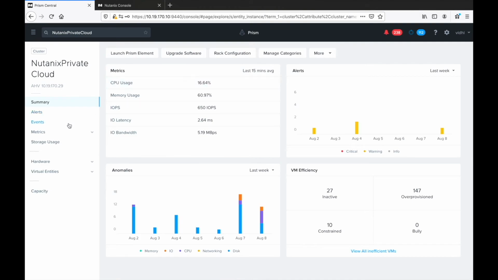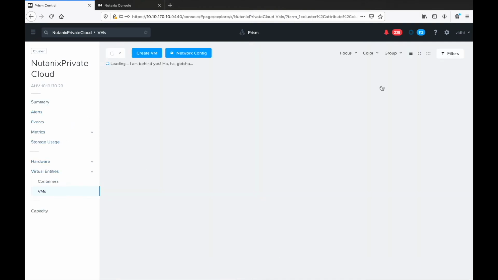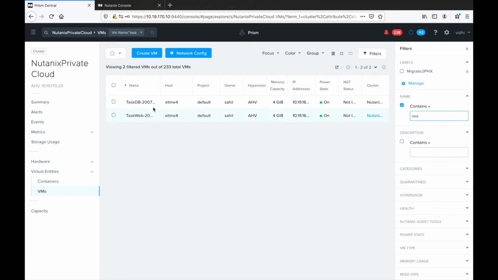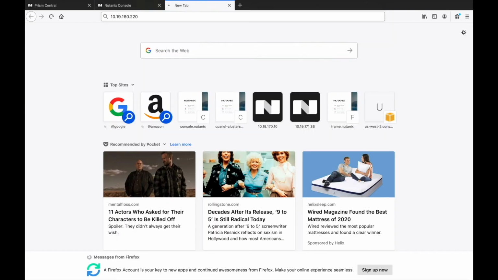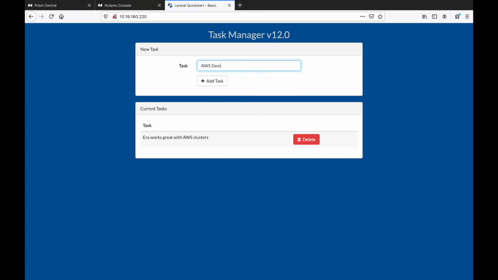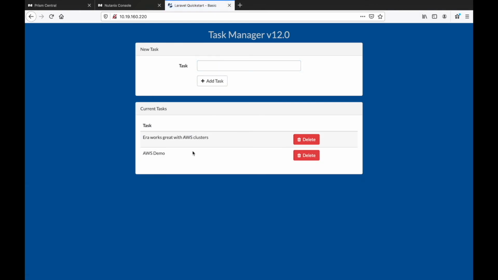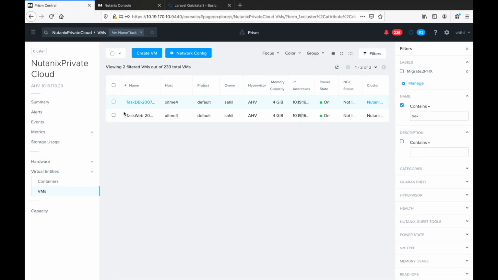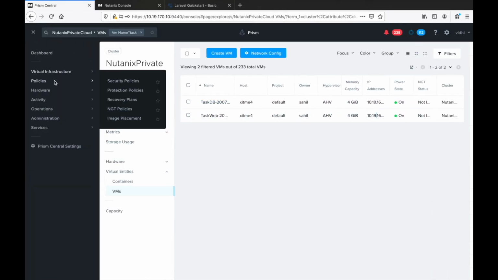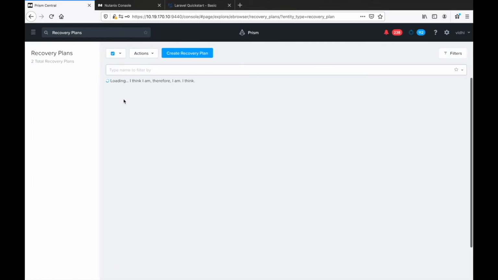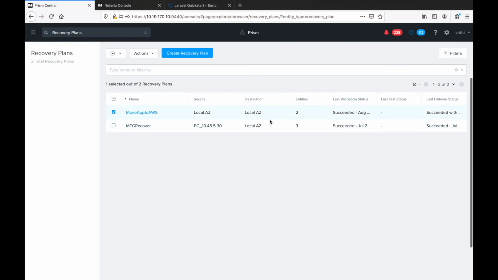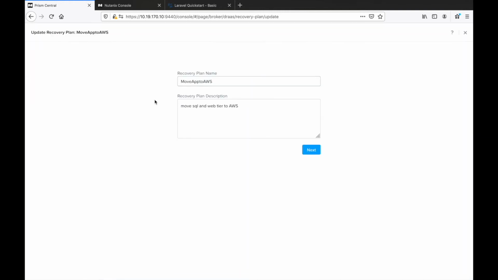Let's look at this private cloud environment, which is running a 2-tier task management application. If we want to migrate this application over to the public cloud on AWS, we can use Leap, our DR orchestration solution. Under Recovery Plan, we have a pre-created recovery plan. If we look at the recovery plan, we can see we can specify the order by which the VMs are brought up